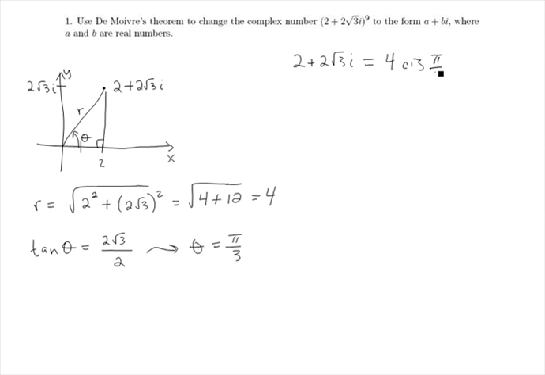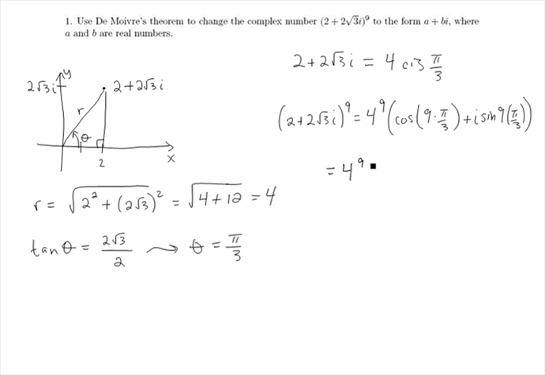So now if we raise this to the ninth power, we have 2 plus 2 radical 3i to the ninth power. We get the radius to the ninth power, 4 to the ninth power, times the cosine of 9 times the angle, plus i sine of 9 times the angle. And so if we reduce that, it's 4 to the ninth power times cosine of 3 pi plus i sine